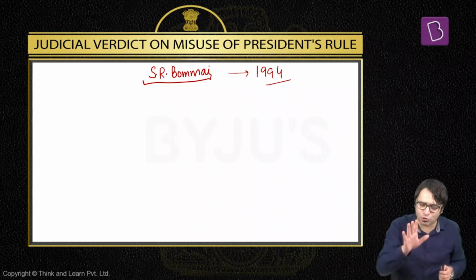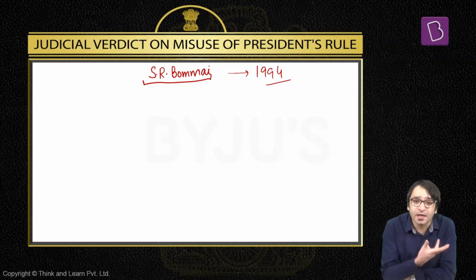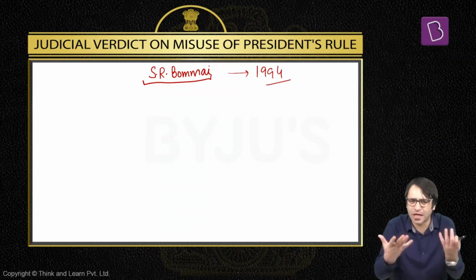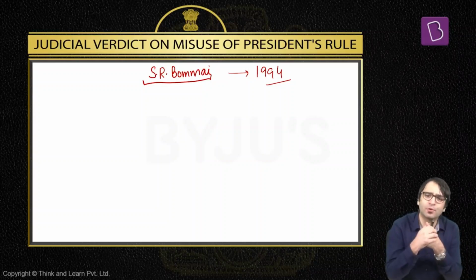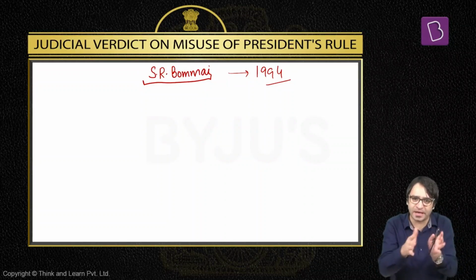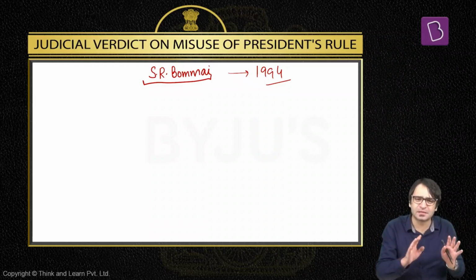When S.R. Bommai's government was dismissed, President's rule was imposed in Karnataka. S.R. Bommai approached the Karnataka High Court, saying please hear my side of the story. I have been wrongly removed and dismissed as the chief minister. The Karnataka High Court dismissed the petition of S.R. Bommai. S.R. Bommai approached the Supreme Court. Naturally, Madhya Pradesh, Rajasthan, Himachal Pradesh also approached the Supreme Court, asking why would our government be dismissed? Can our failure in controlling our rights be viewed as breakdown of constitutional machinery? Please tell us. In Nagaland also the government was dismissed. They also approached the Supreme Court.